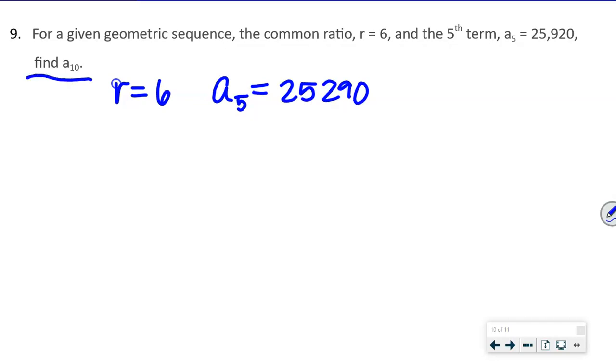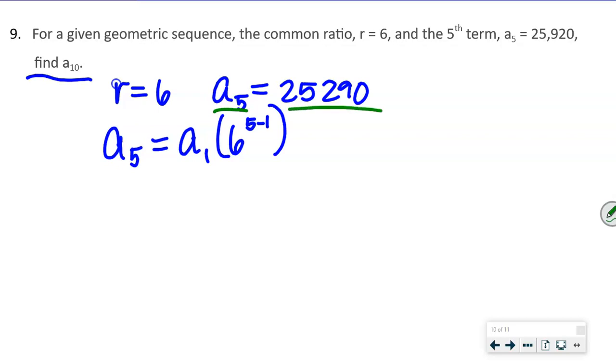Well, the problem is we can't find a10 if we don't know a1. Or basically, we can't find the 10th term if we don't know the 1st term, okay? So if I write how to find the 5th term, basically, we would do a1 times our ratio, which would be 6 to the 5 minus 1, right? So notice here that we do have this term, right? So we can put it here,